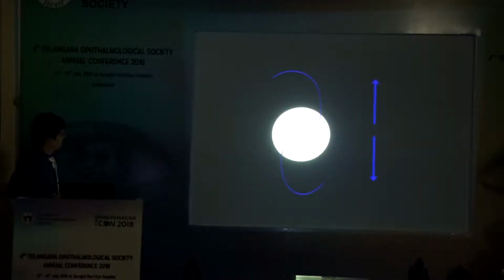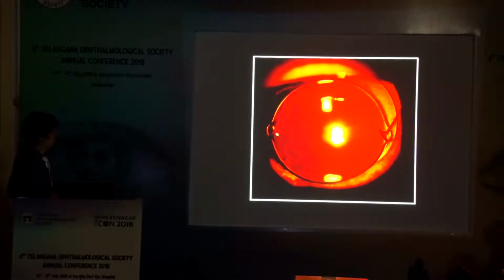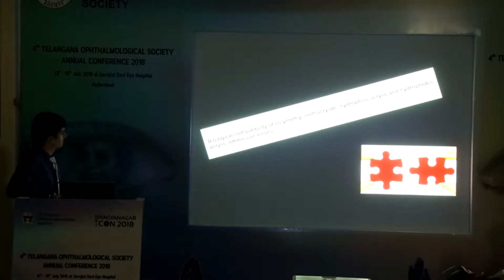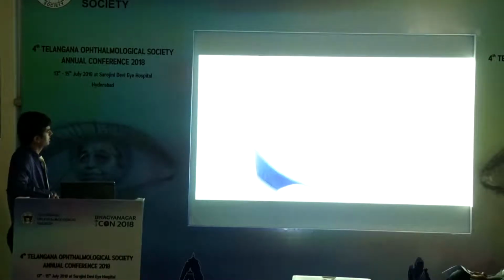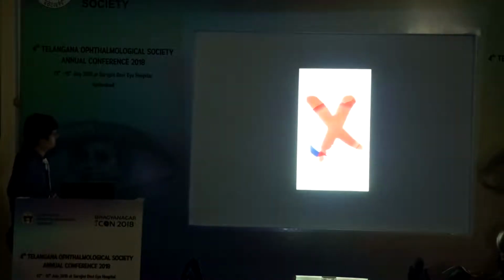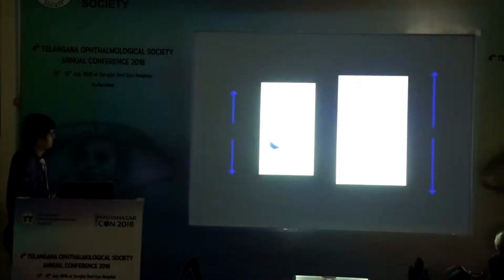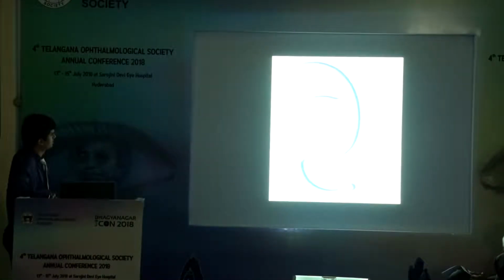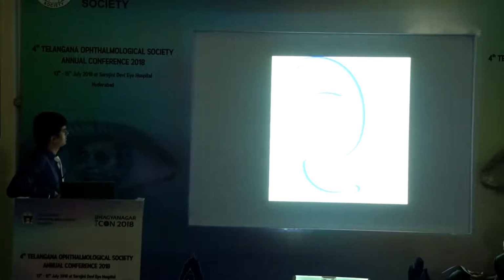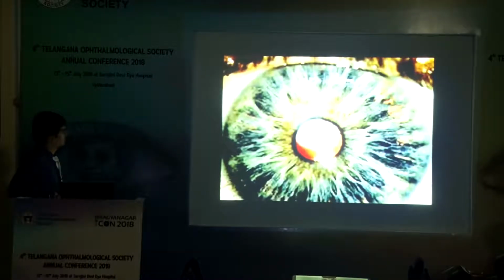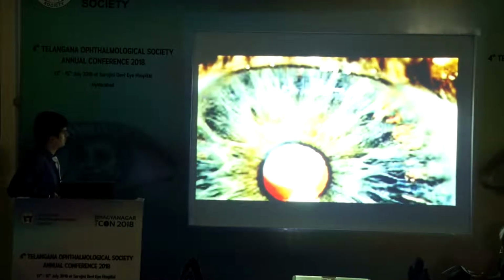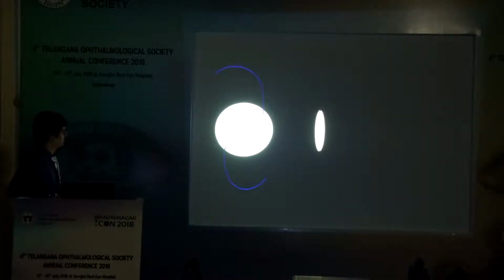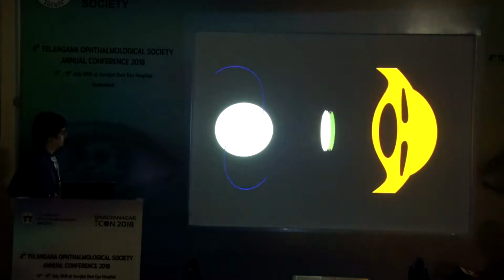The rigid and longer PMMA haptics provide better stability and are more biocompatible with uveal tissue. A single-piece hydrophobic acrylic IOL should be avoided in view of poor centration due to shorter overall length and flexible haptics. Furthermore, the thicker and sharp haptic margins may rub against the iris, causing pigment dispersion and secondary glaucoma, which is not the case with a 3-piece IOL where the posterior angulation of haptics keeps the optic away from the